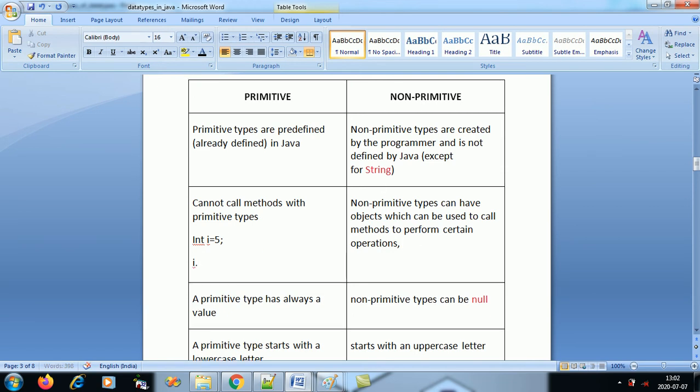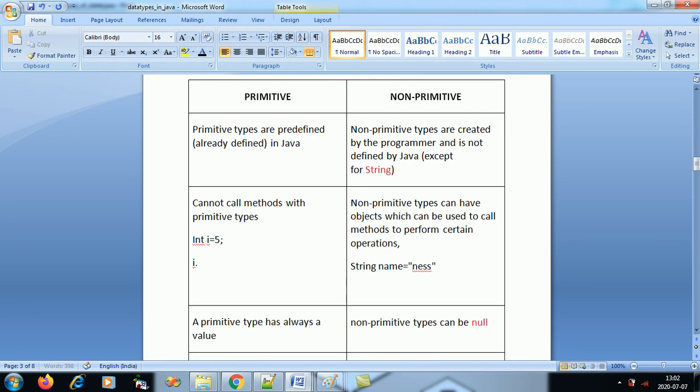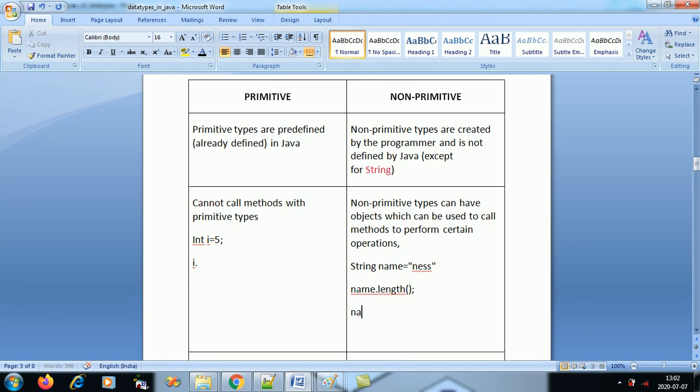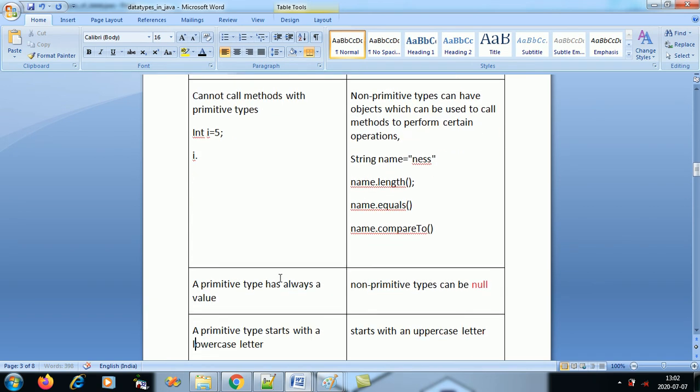So if we have a String object, String name equals ness, then using this name I can always call a method called length, and there are many methods of the String class: name dot equals, name dot compareTo. I have many methods I can call with the help of a non-primitive, but with a primitive I cannot call any method.